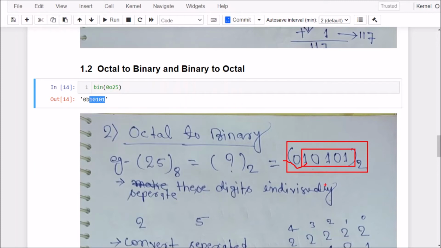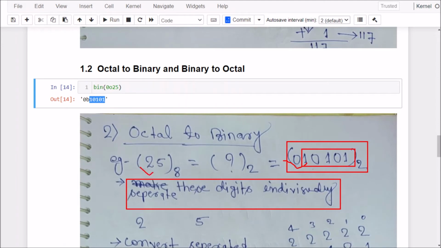Okay, so we can see these digits individually separated. The first step is to separate these digits individually, like we have to separate 2 and then we have to separate 5.